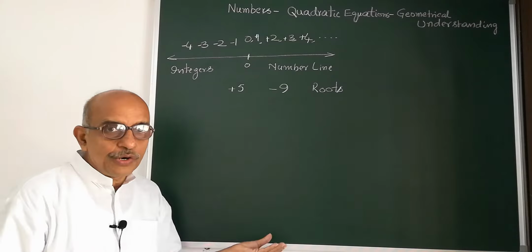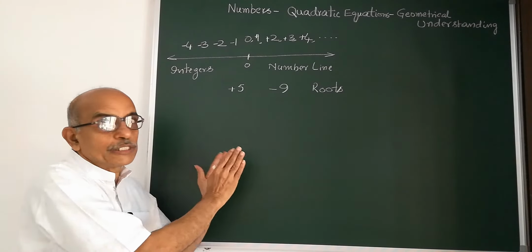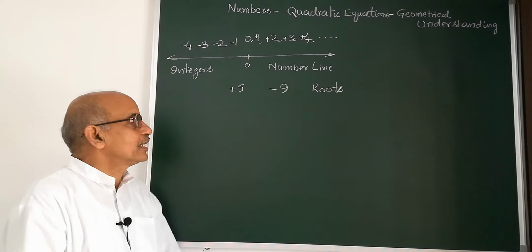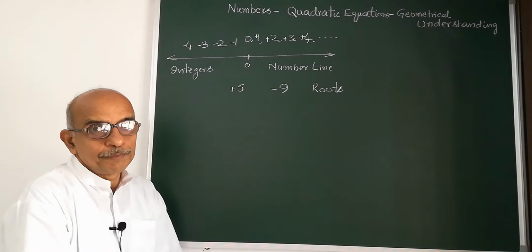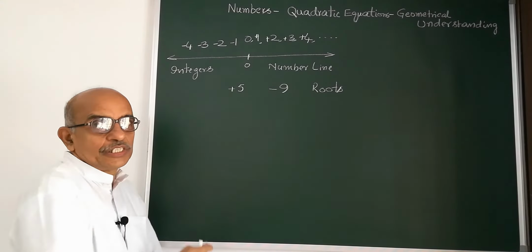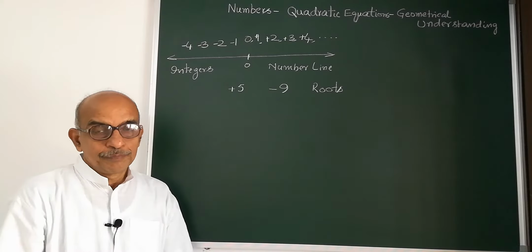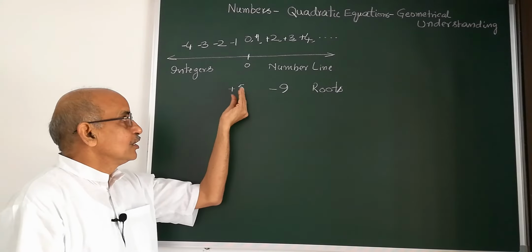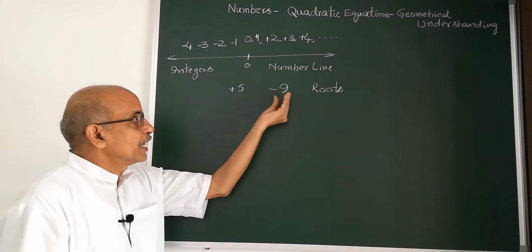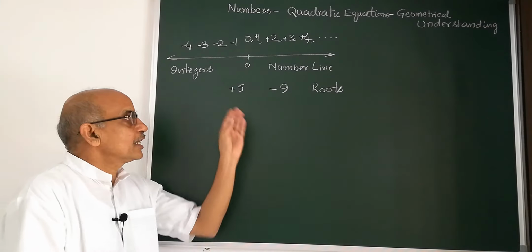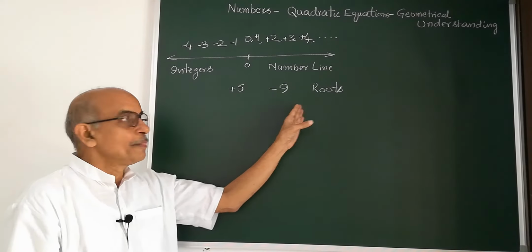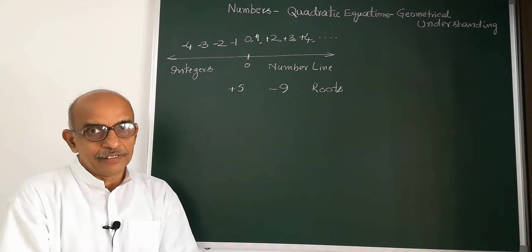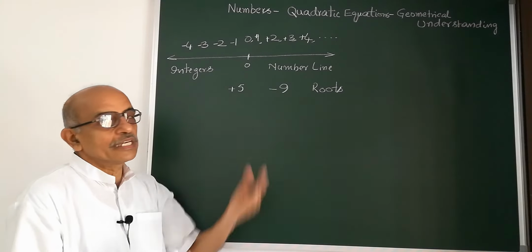After understanding this video, if you want to do the same experiment yourself, you can take any two integers. Instead of plus 5 and minus 9, you take plus 4 and minus 8, or plus 3 and minus 6. Like that you can do the experiment yourself. In the next video, I will show what happens if I interchange the numbers. One number you take positive, the other negative, with the larger number negative. Take such numbers like plus 3, minus 7, plus 2, minus 5. Like that you can select and do the experiment yourself. Now I will show with these two numbers that I have taken.